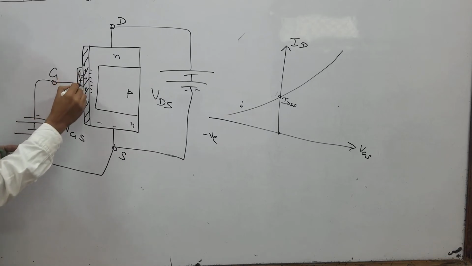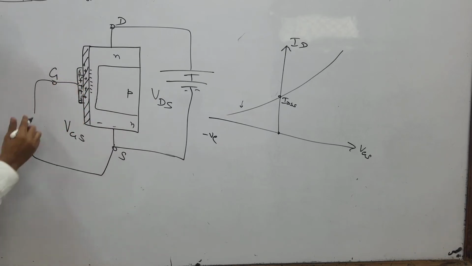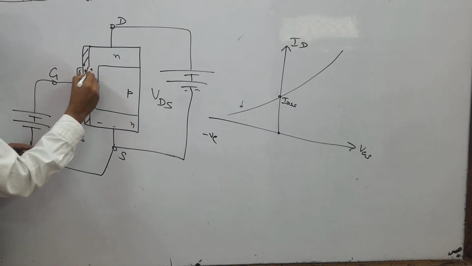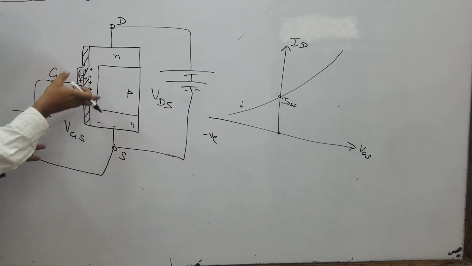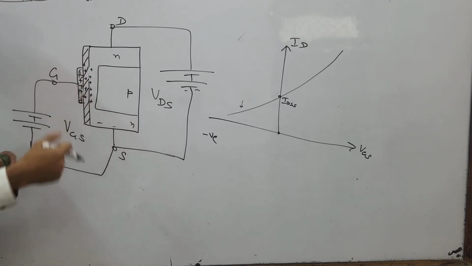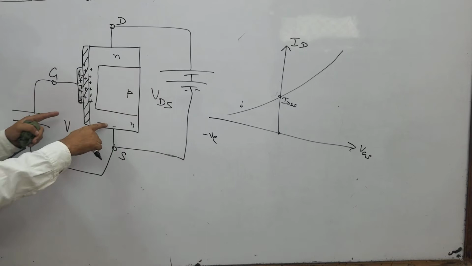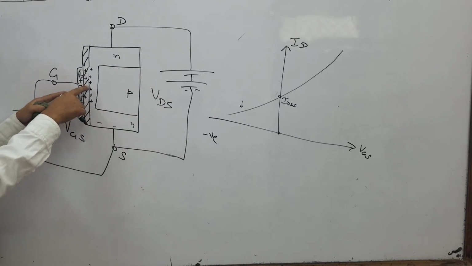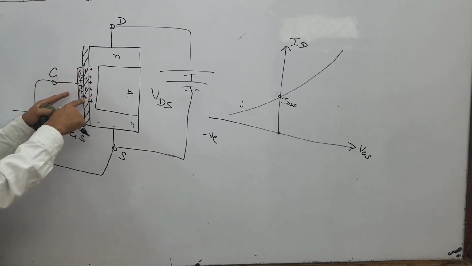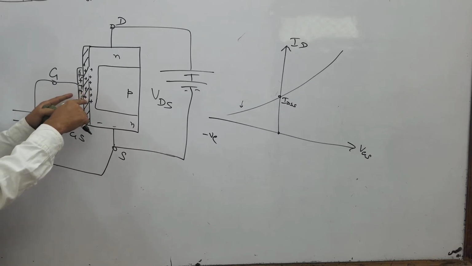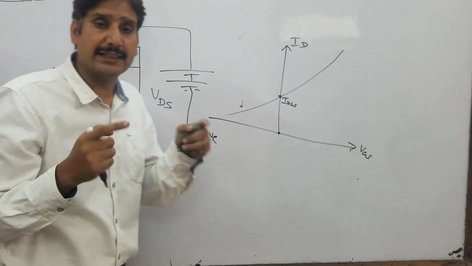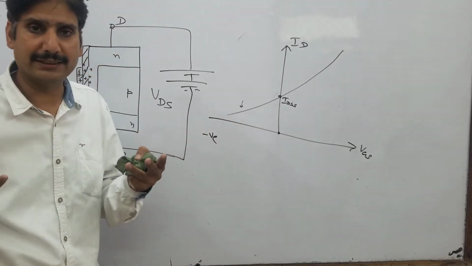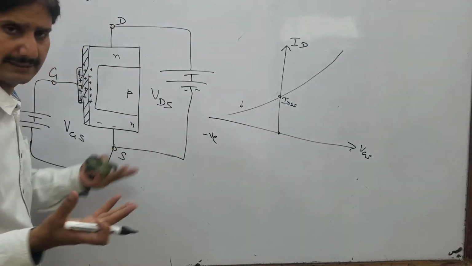If you apply positive over here, you replace the battery. Now what will happen? You will get positive in this region. Now this positive will attract these electrons. There will be a force of attraction for the incoming electrons and current will increase. Remember, these negative cannot neutralize these positive. These are induced charges. So it's not that the gate current is directly flowing. That's why it's also sometimes called insulated gate. So gate is insulated.